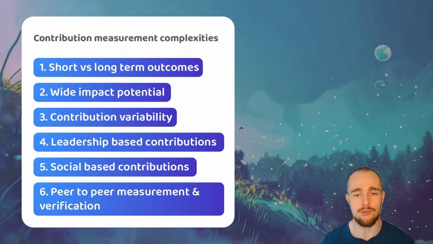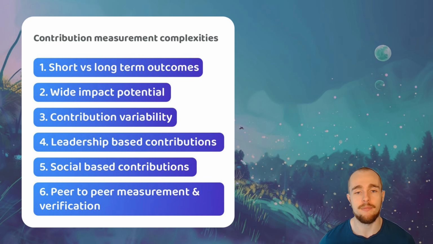Wide impact potential. Contribution efforts could help with producing a variety of different outcomes that each could make an impact in a number of ways. Contribution efforts could make impact through improved ecosystem functionality, usability, and experience, or they could generate impact in the wider community and positively influence how the community members think, discuss, and collaborate. It can be difficult to fully understand the impact that someone's contributions could make in the ecosystem.